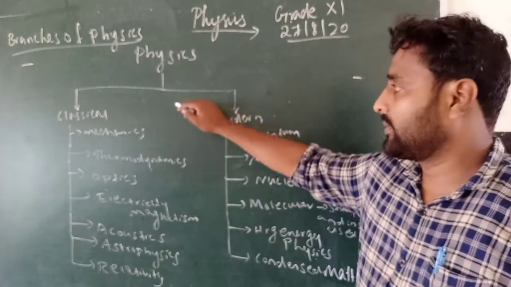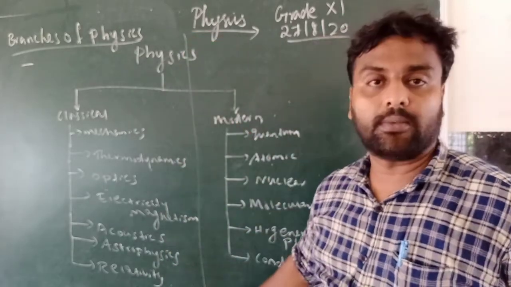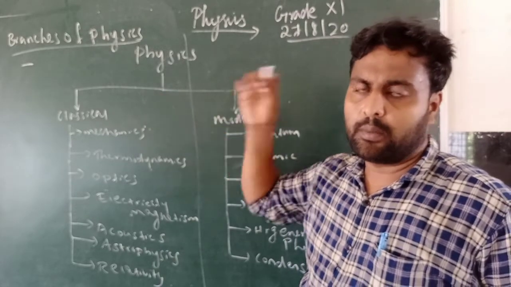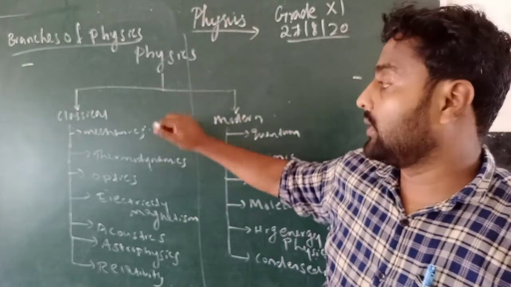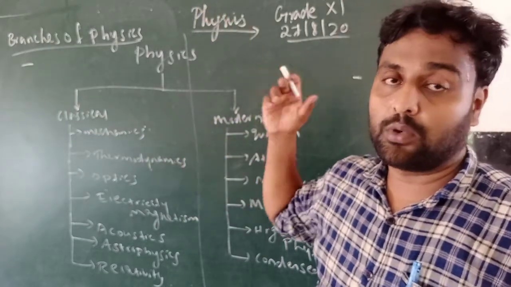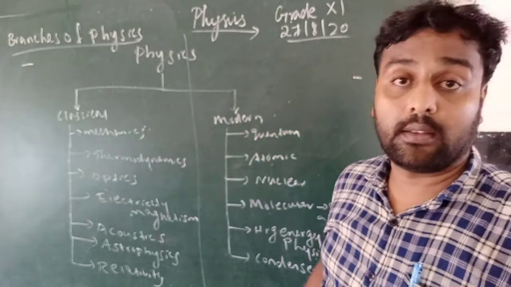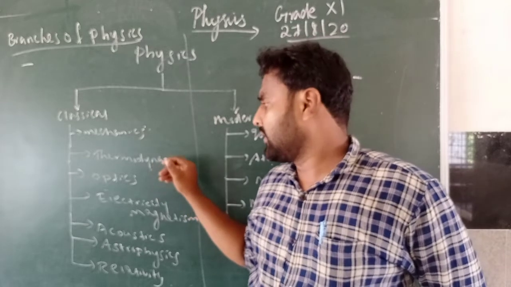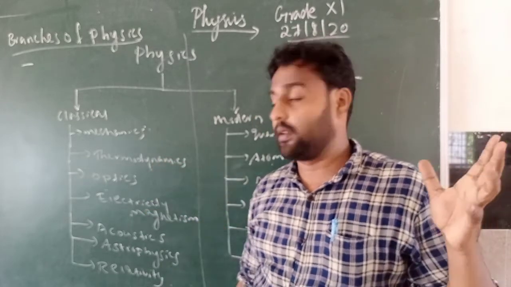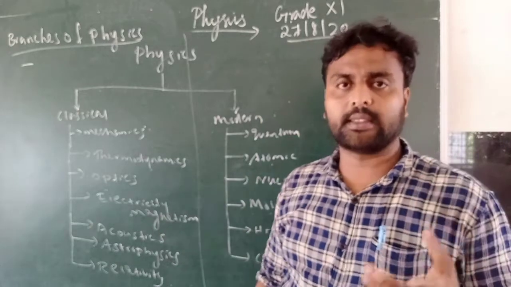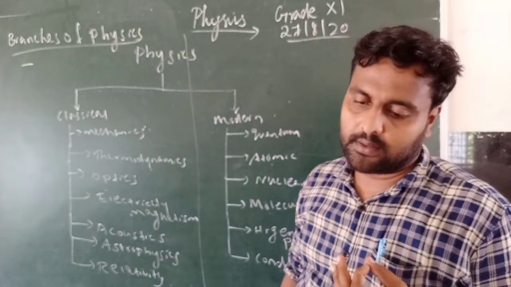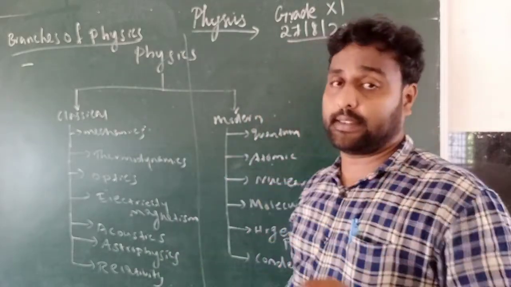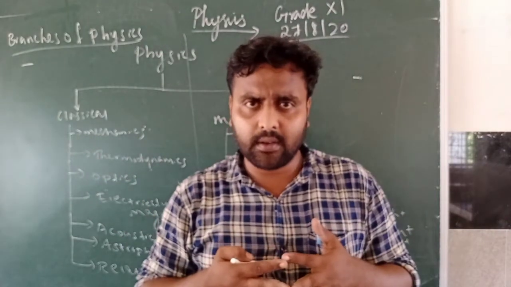Okay, so this is classical physics, classical mechanics. First one, remember, the motion of stars and all we are studying here. Thermodynamics, about the heat and the relationship between energy and heat. We are studying thermodynamics. Optics, study of light. Electricity and magnetism, study of electricity and magnetism and their mutual relationship. What does this mutual relationship mean?